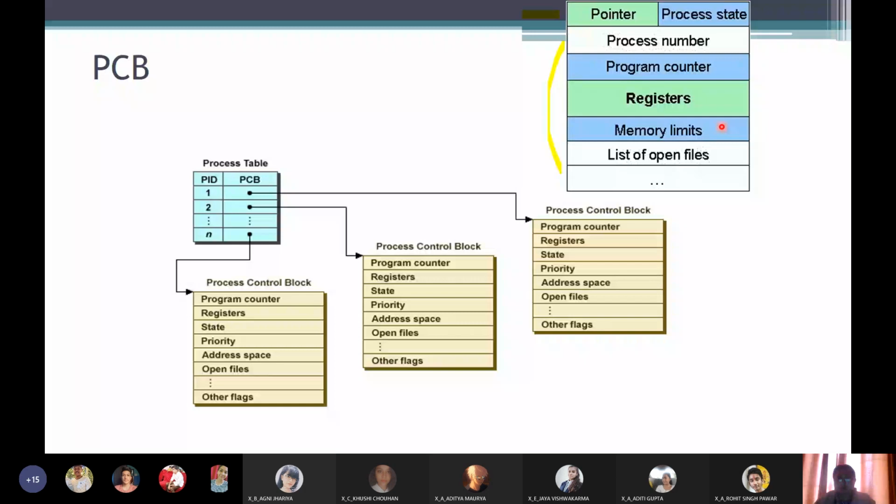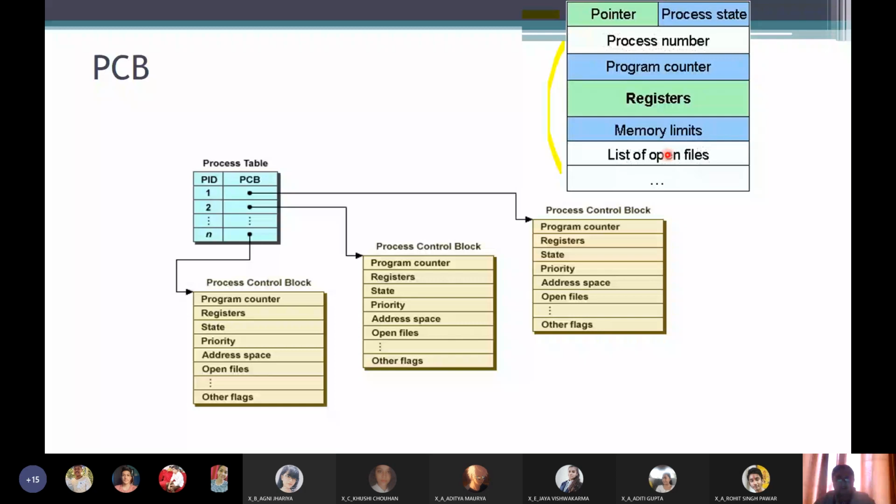Memory limits is somehow related to the first one, that is the pointer. Pointer stores the address of the first instruction of the process in the memory. Memory limits is actually the size of the process.